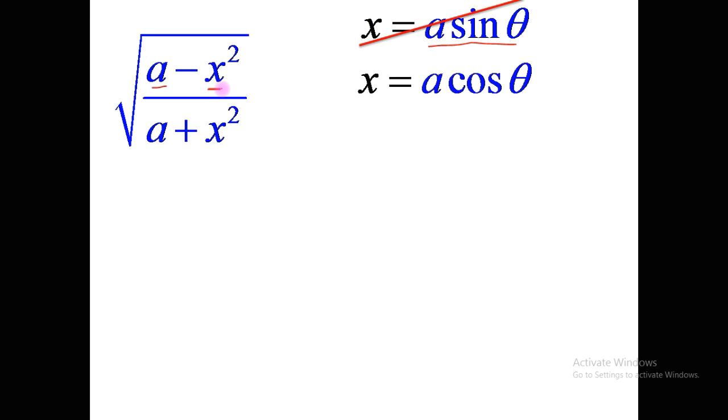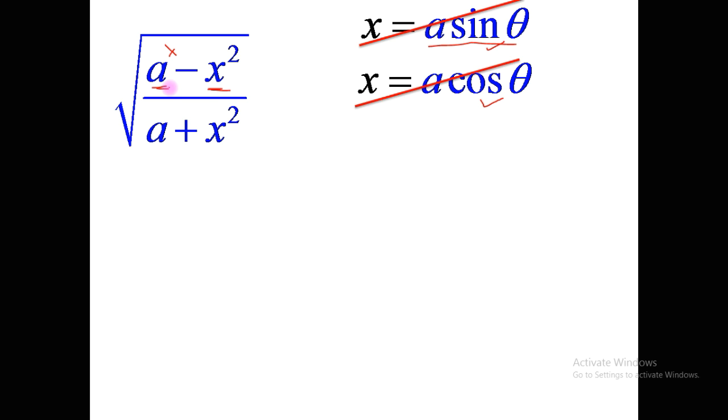One might feel that we should put a cos theta. See, if sin theta does not work, there is not much possibility that cos theta might work. Let's see, if I put x is equal to a cos theta over here, I am going to face the same problem. This term is going to be a square cos square theta, but the first term is simply a. It is not a square of a. In the second term I am getting a square, but in the first term there is only a. So a and a square, out of which a could be taken common, but inside the bracket only 1 minus a cos square theta will be left, which can't be simplified further. So I am going to discard this substitution as well.